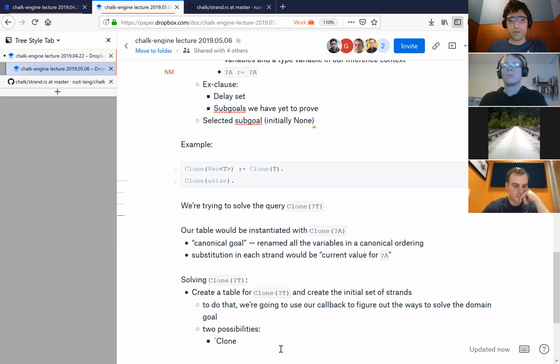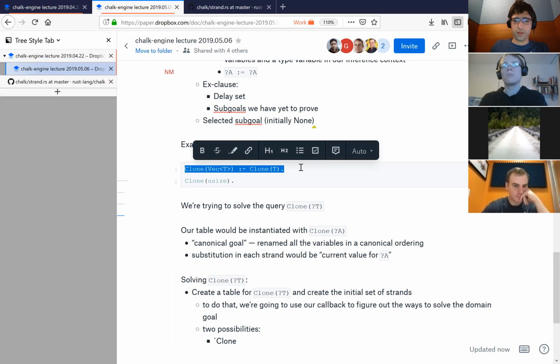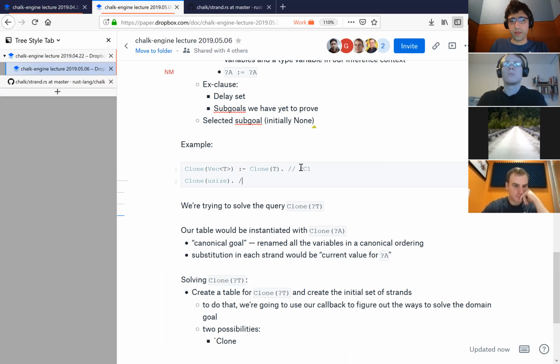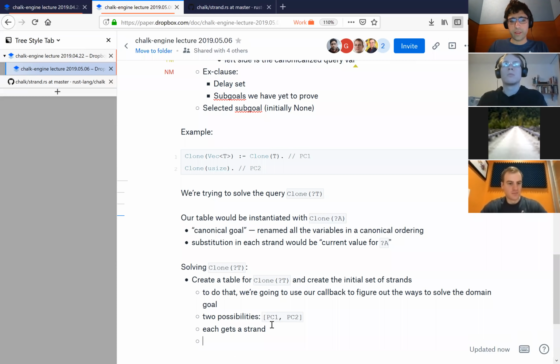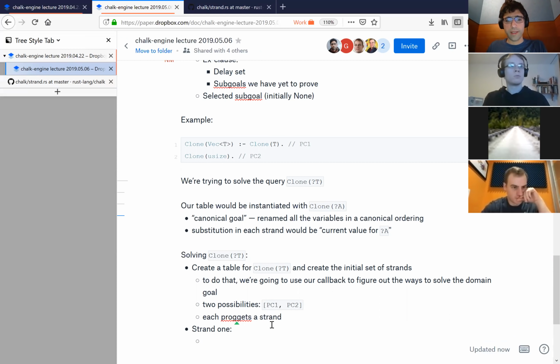These two. I'll just call them program clause 1 and program clause 2. So we're going to make two strands. One for program clause 2 and one for program clause 1. All right, so let's see. So strand 1 would look like